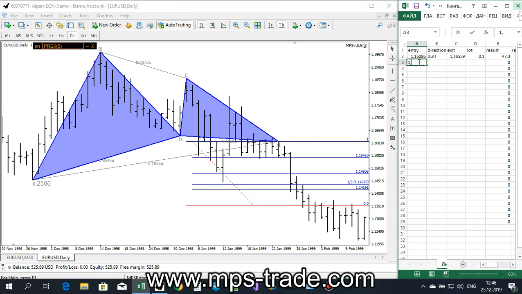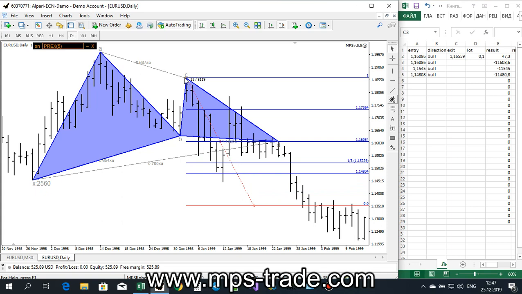The pattern completion was 16.086. It coincides with the first one because it was the same. Your second position is 15.45.0. Then your third position is 1.14.80 and 8, 88. All these trades are bull trades, yes, and all of them have the same exit of